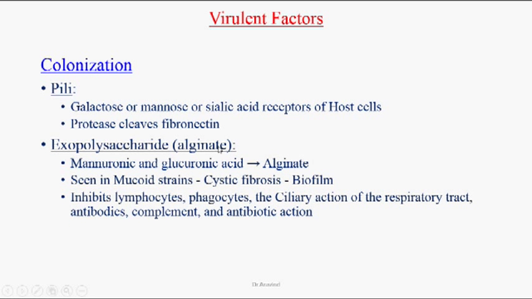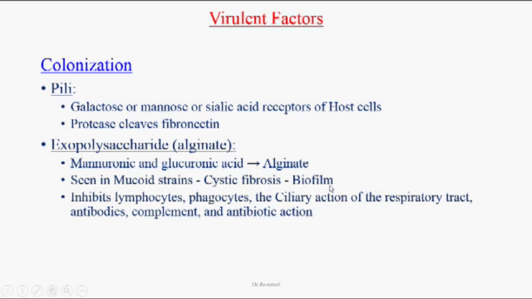This organism can secrete an alginate material, which is an exopolysaccharide, a carbohydrate material, and this alginate consists of mannuronic and guluronic acid. Many of the mucoid strains of Pseudomonas aeruginosa can produce this alginate material. This alginate-producing organism causes respiratory tract infections, especially in cystic fibrosis cases, and this alginate material makes